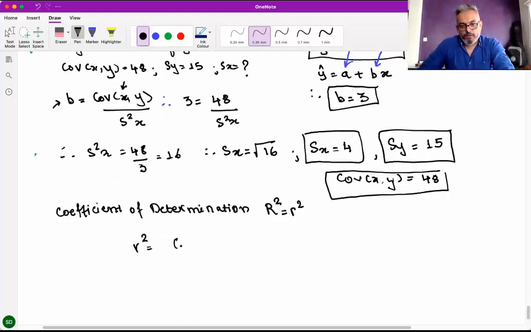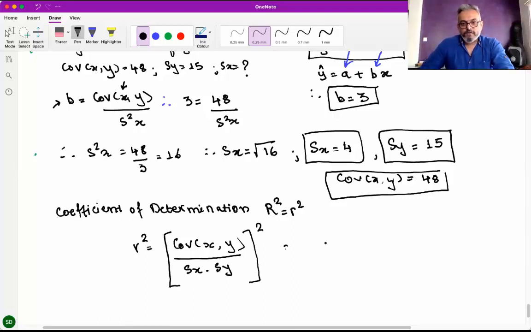R is equal to, when covariance was given, covariance x comma y upon standard deviation of x into standard deviation of y. So r square, square of this, which is equal to 48 square upon 4 square into 5 square,